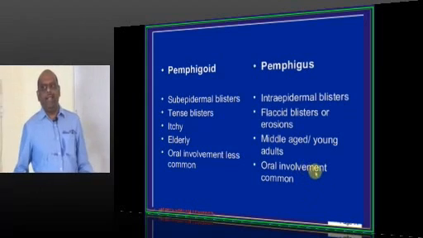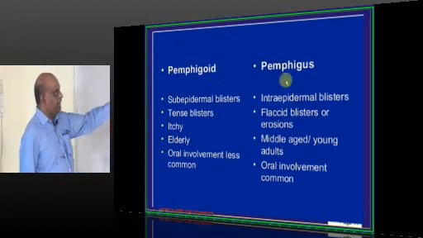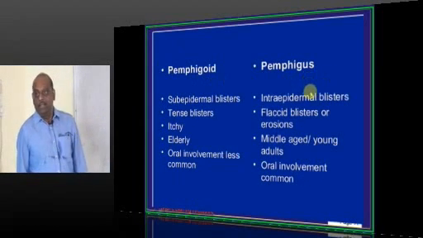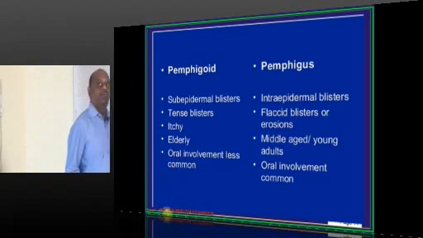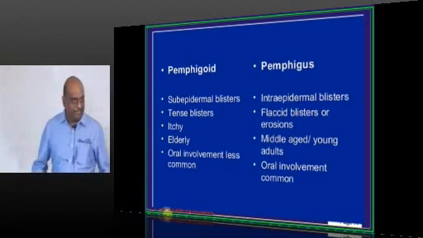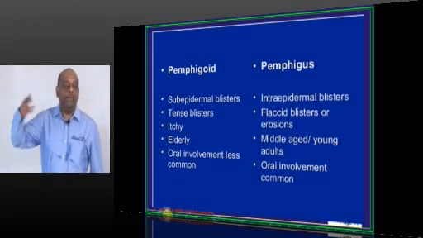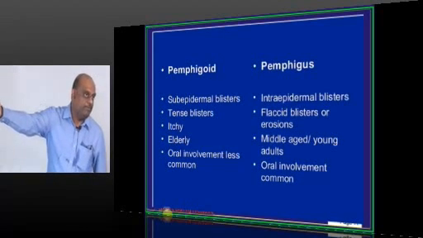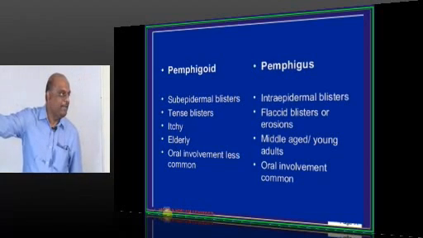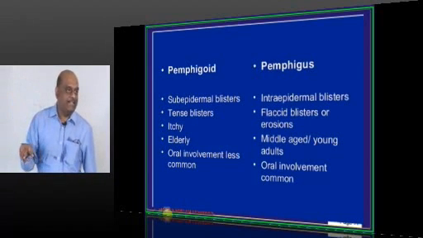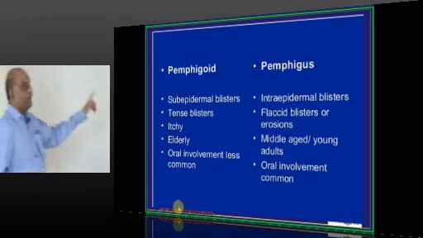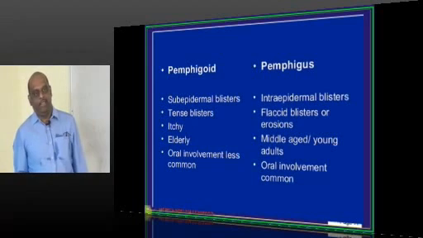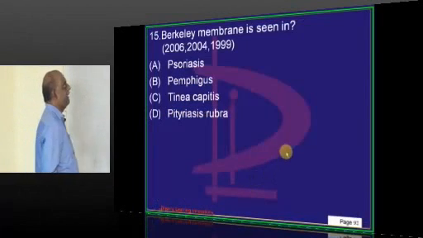Then, middle-aged or young adults, Pemphigus. But the typical age group for pemphigoid is elderly people. One more way to remember is, if you are having an internal malignancy, one of the paraneoplastic clinical presentations can be in the form of bullous pemphigoid. Who will get internal malignancy? Elderly. So elderly will have pemphigoid is what you have to basically remember.